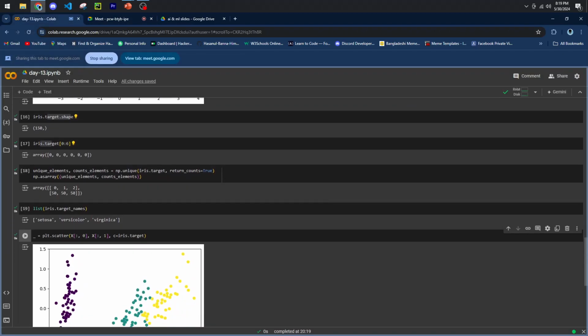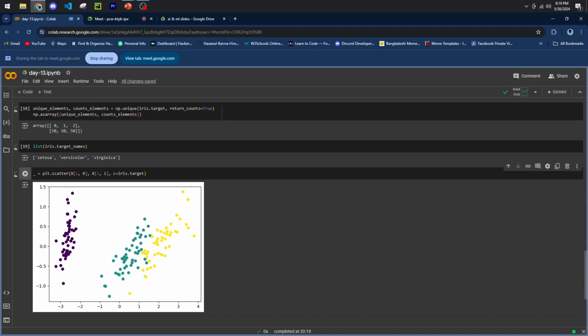So we plotted the whole thing. Here we can see that the first one is setosa, the second one is versicolor, and the final, concluding one is virginica. So this was